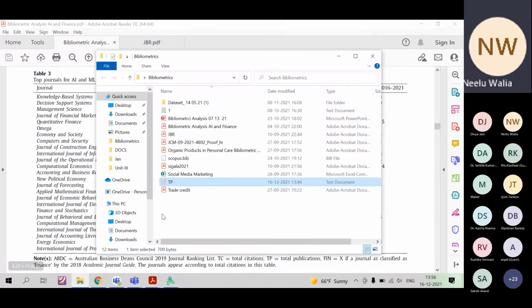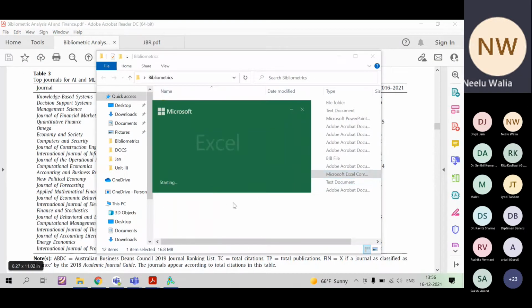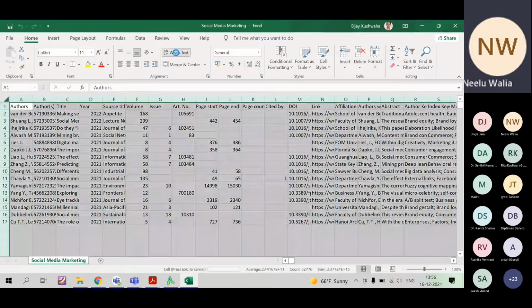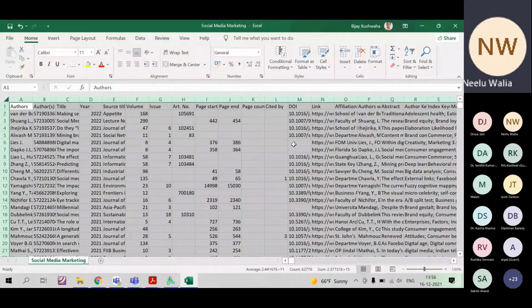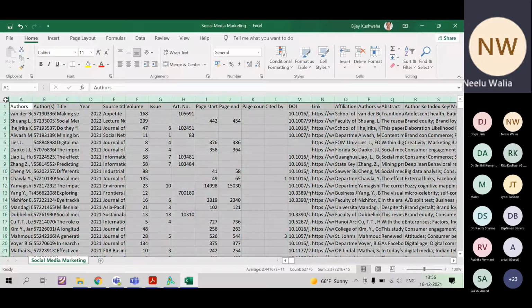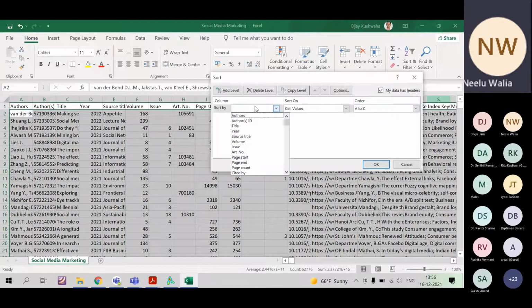Select this data. The dataset we have already, and there is a citation column. So what I am doing: just go to custom sort, select cited by, and largest to smallest.